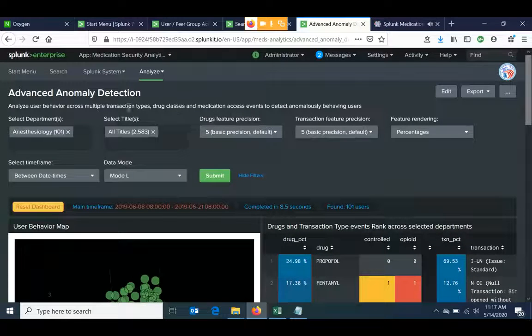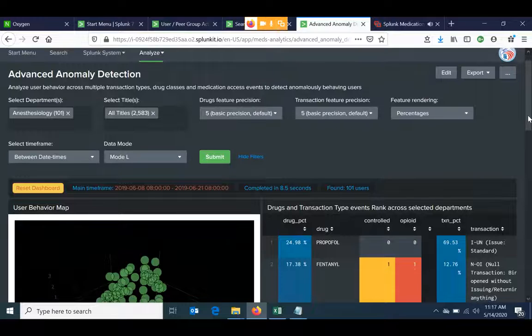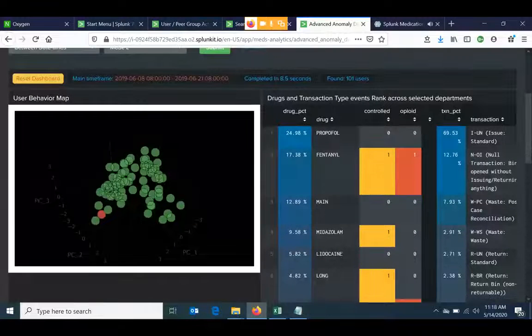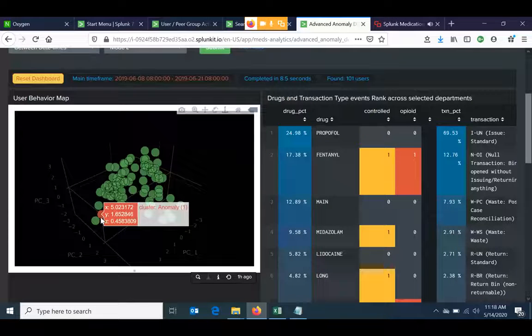Anomaly detection will give you the behavior across multiple transaction types, drug classes, and medication access. So it detects anomalous user behavior. It gives the same filters here at the top, different filters related to the environment, right? So this is a user behavior map. You can just click on